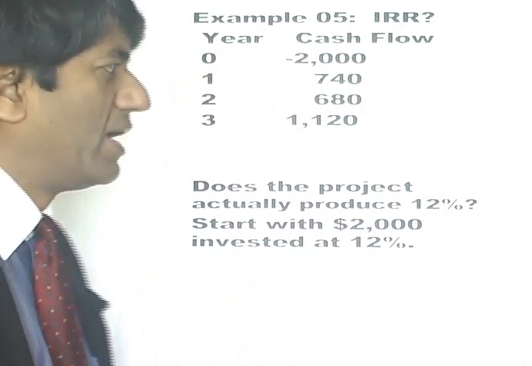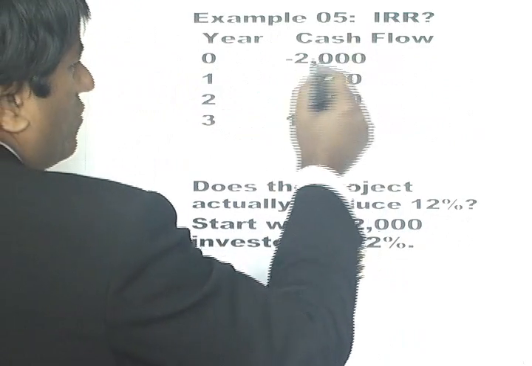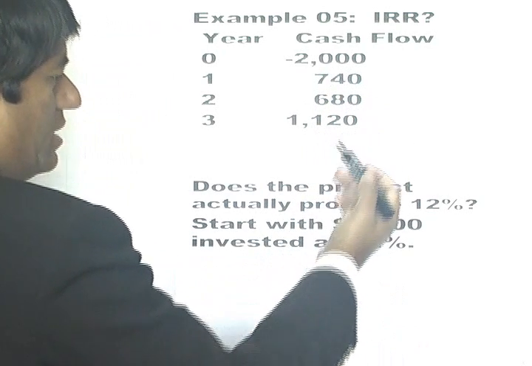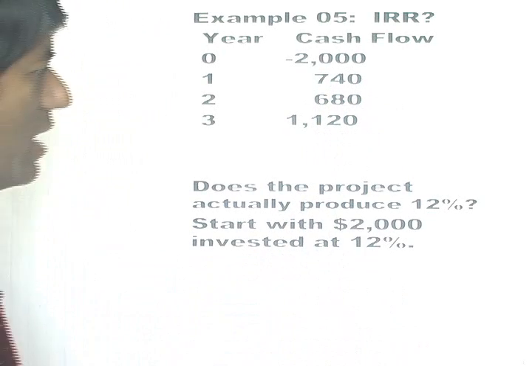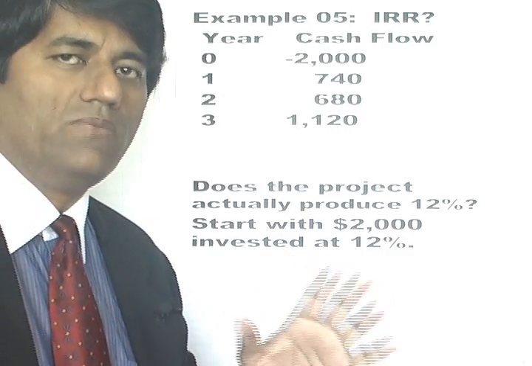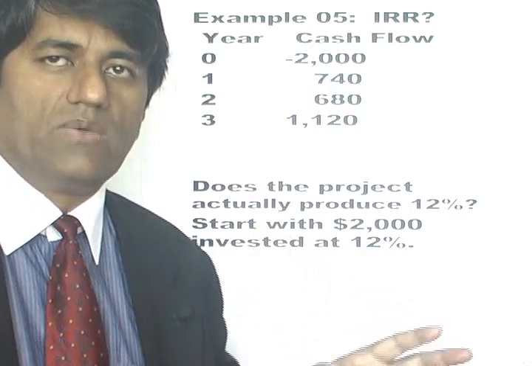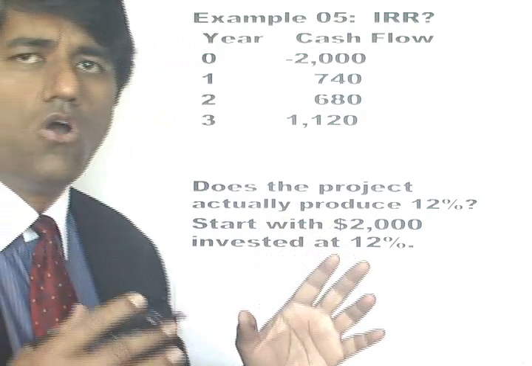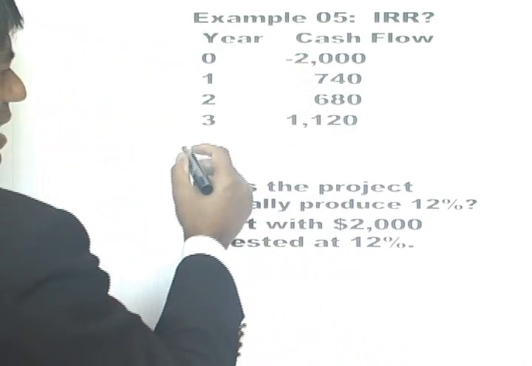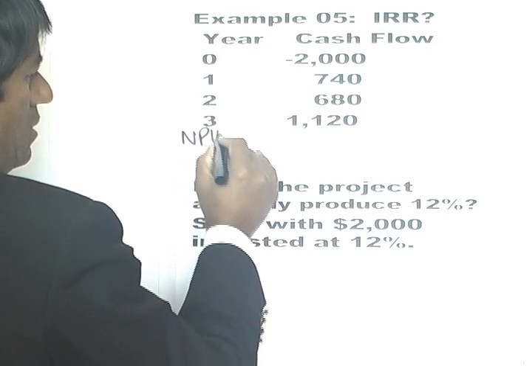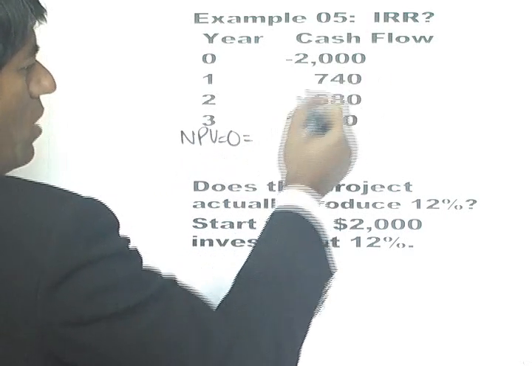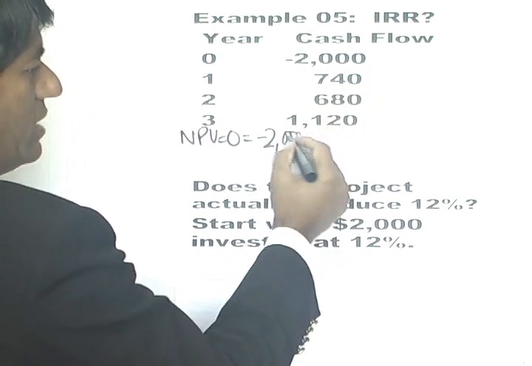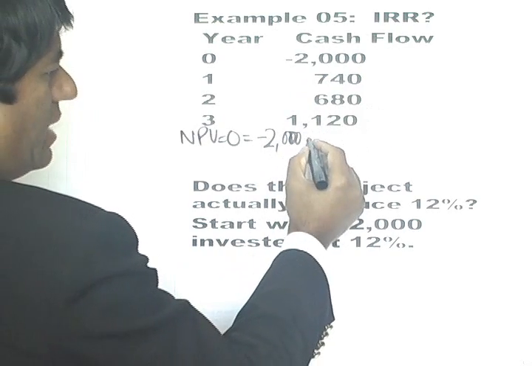Here we have another example of IRR, and we have these cash flows. The first year it's a negative cash flow, so you can think of it as an investment, and then the project produces these cash flows, and you're asked to calculate the IRR. So one way in which you think about IRR is the rate which makes NPV 0, and so you basically set it up. So what is the NPV? Well, the NPV will be minus 2000, which is the investment, plus